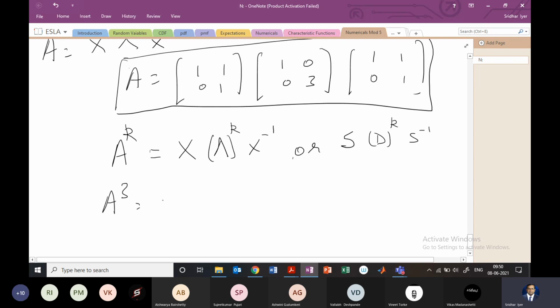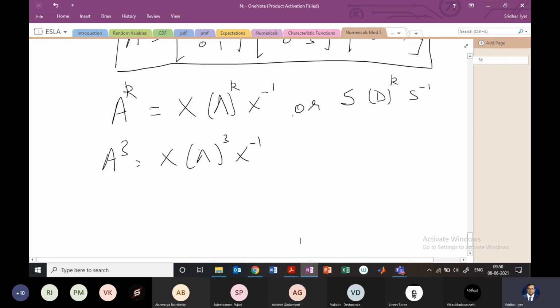To find a cube, we need to have X delta raised to 3 X inverse, right? So we have X with us, which is this matrix. We have X inverse, which is this matrix, right? All you have to do is raise this diagonal here to the power 3. So to find A cube,